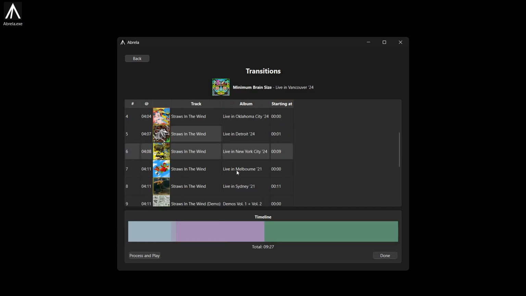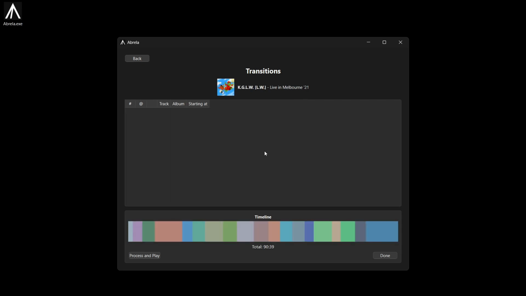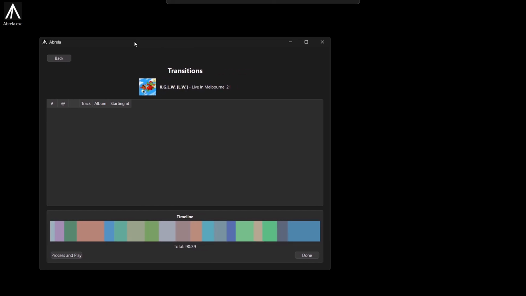So I'll jump ahead to when I've got that built all the way. All right, so you can see here I've got about an hour and a half of all the tracks of KG and LW, where most of the transitions, maybe all of the transitions, go from one track to another, but you're jumping to various albums from one track to another, or at least like various times of the night, and then you end up with KG and LW in order, and Abrela is set up to chain all of these